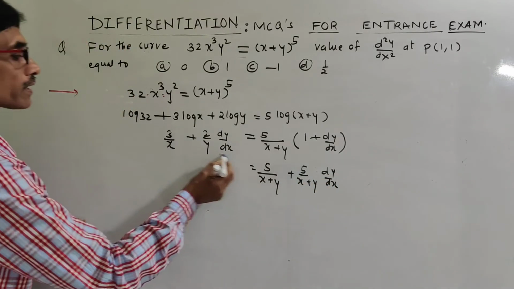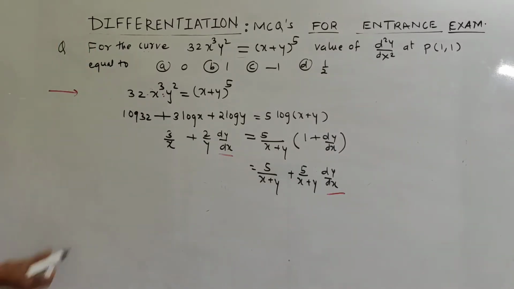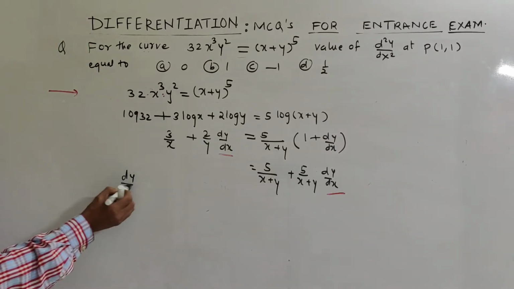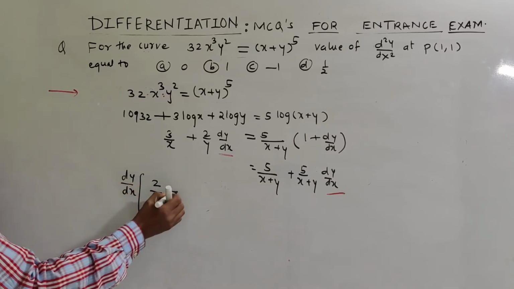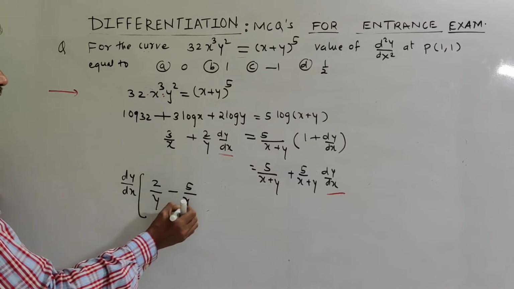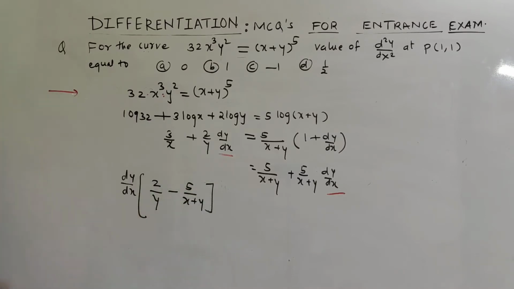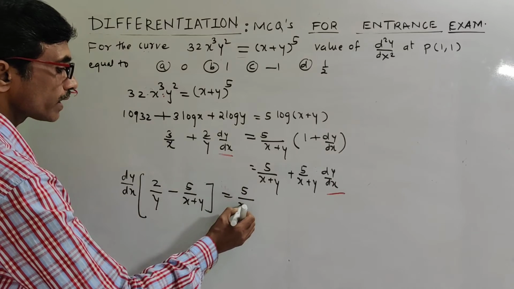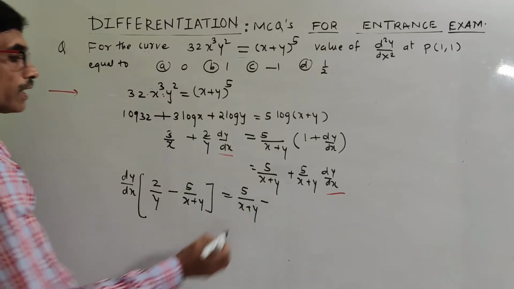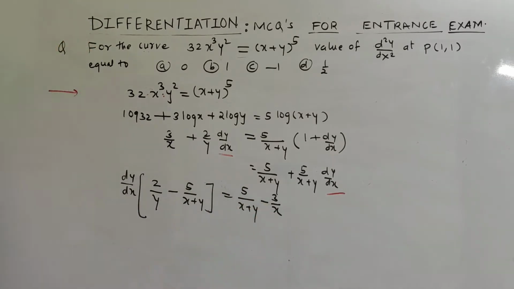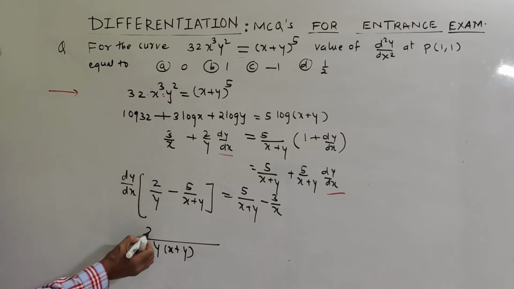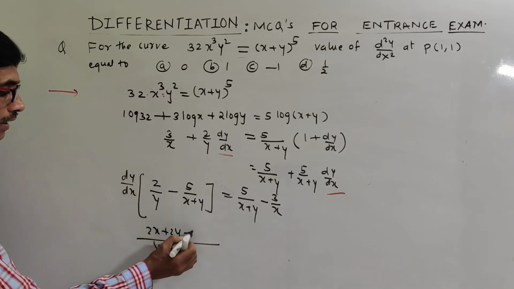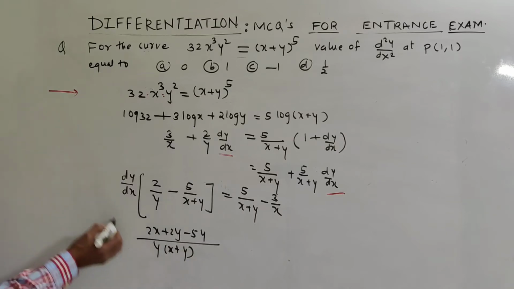Here this dy by dx we collect. So it is dy by dx into 2 by y minus 5 upon x plus y. Right hand side is 5 upon x plus y minus 3 upon x. Here LCM is y into x plus y, 2x, 2y minus 5y, into dy by dx,